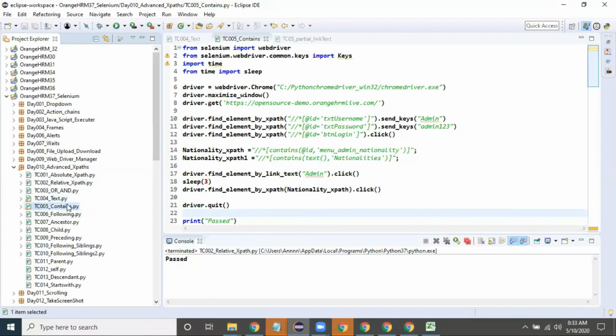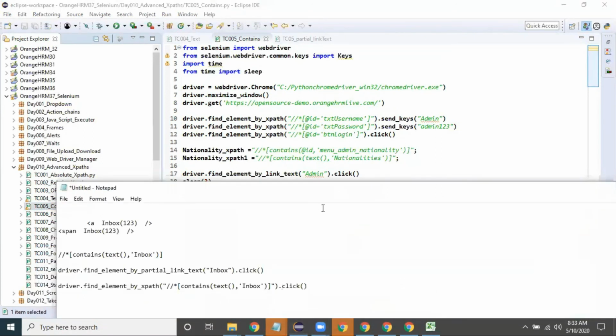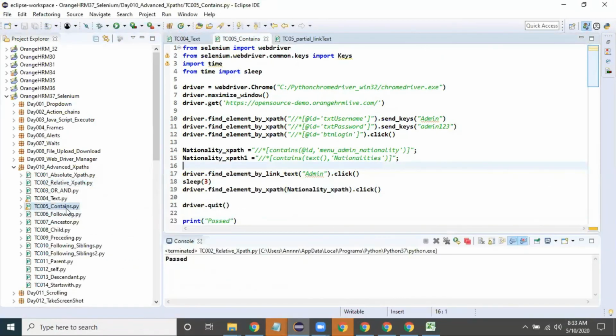The challenge in the web page comes whenever there are dynamic web elements. If it is a static web element, I need not give any explanation. But the web element properties change dynamically. Today it is some value, tomorrow some value. Then we need to handle that. That is the difficult part. In interviews also, when they ask what challenges you faced, then we need to tell this concept: other than a hyperlink, there was a web element, and at that time I used contains text of by using advanced XPath concepts. These are the points that will impress the interviewer.